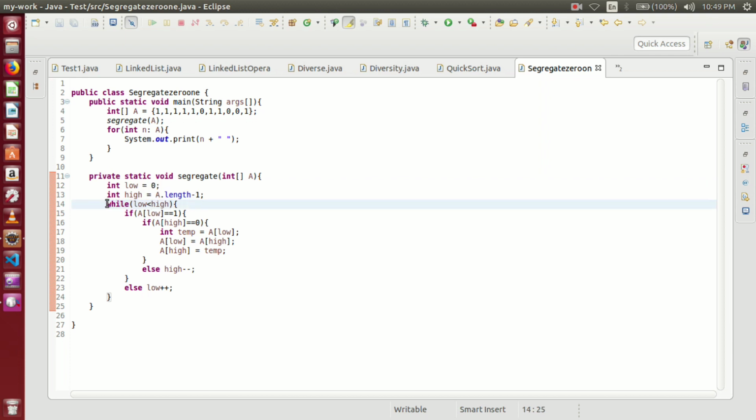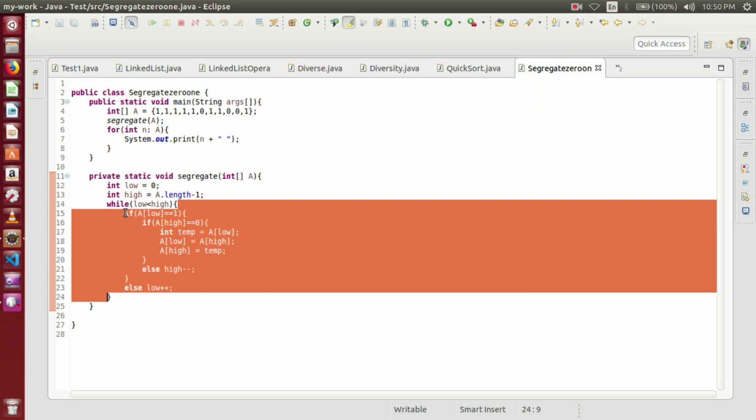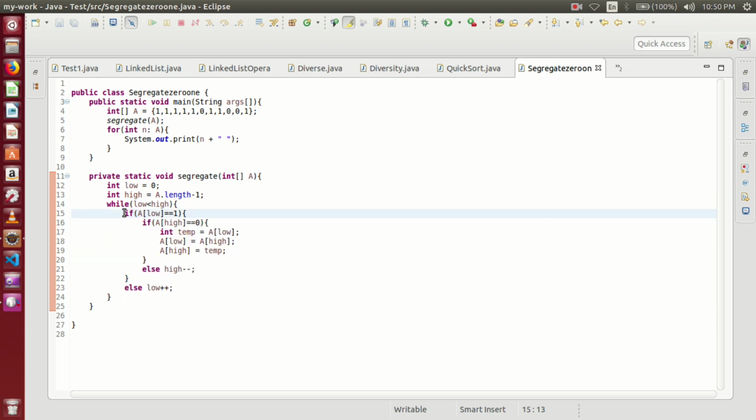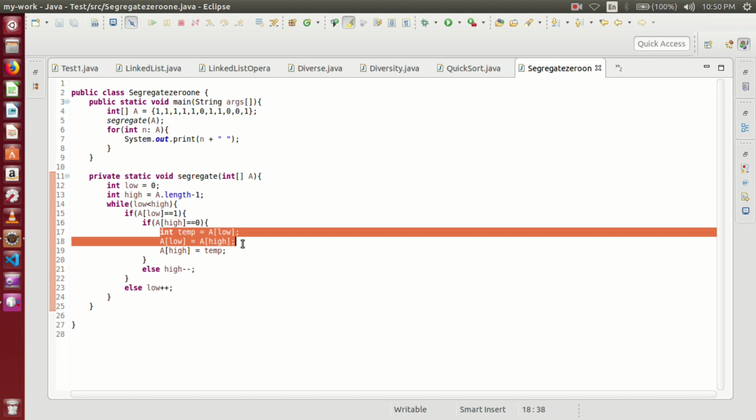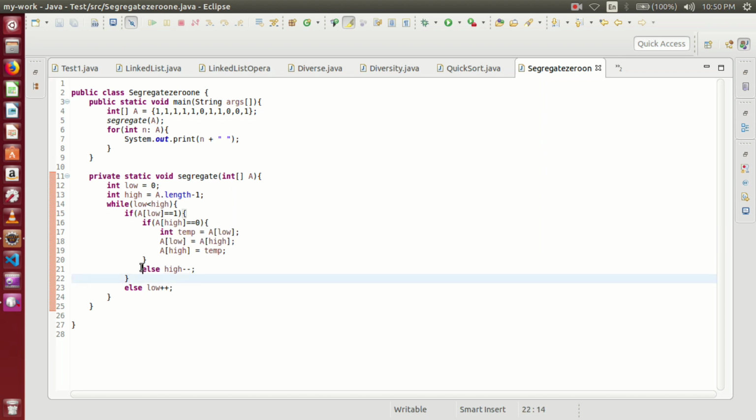After that, we will iterate the array till low is less than high. Suppose our initial value is 1, then we will check whether the last element is 0 or not. Suppose our last element is 0, then we will make a swap. Otherwise, we will decrement the high pointer.